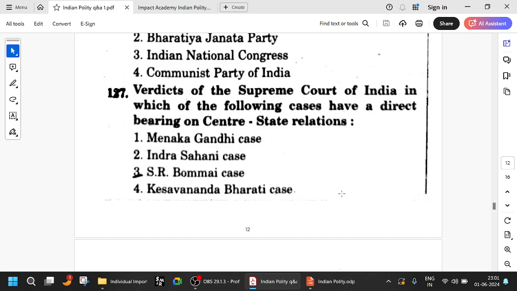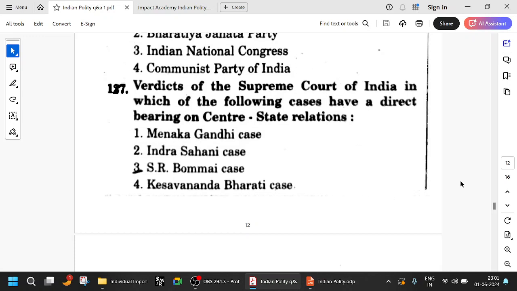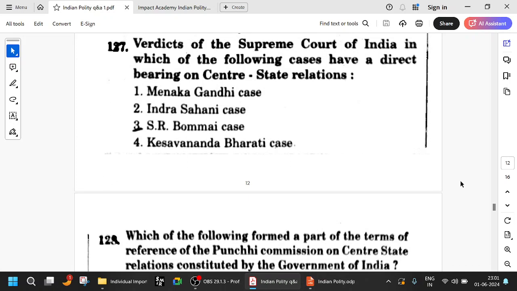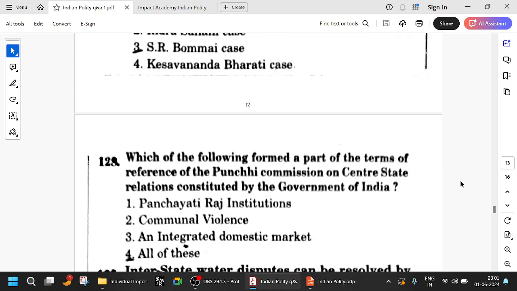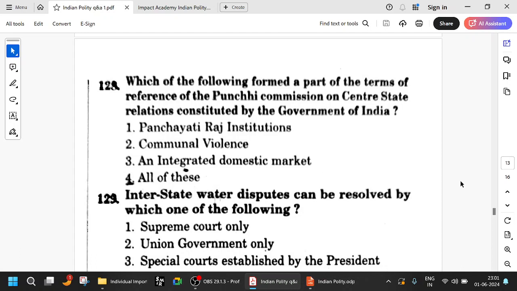Keshavananda Bharati is, in one way, related to the right to property also. But in general, it is what propounded the theory of the basic structure of the constitution. So even though Parliament has the power to amend the constitution, it cannot change the basic structure of the constitution. So, which of the following formed a part of the terms of reference to the Punchhi Commission